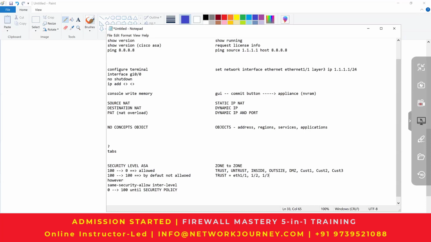1/2, 1/3, 1/4. Then yes, they can talk to each other. But if this was the scenario, the trust zone has Ethernet 1/1 and untrust zone has Ethernet 1/4. Now they will not talk. Okay, this will not talk. You need to have a security policy. You need to have a valid, allowed security policy,